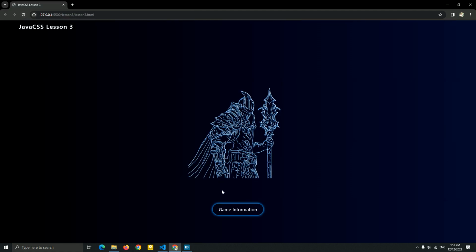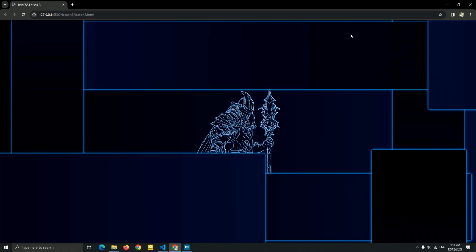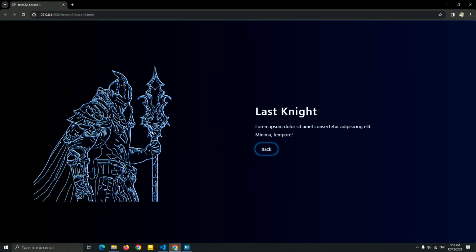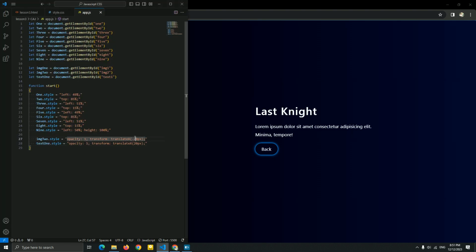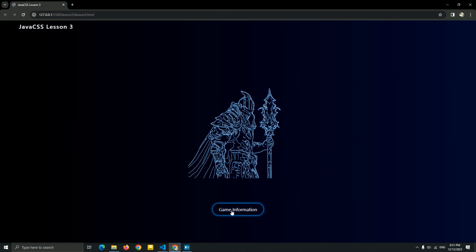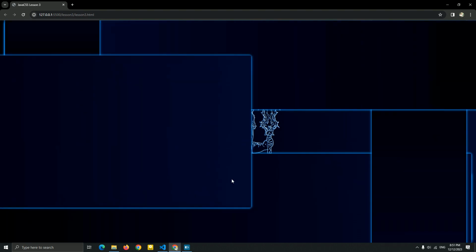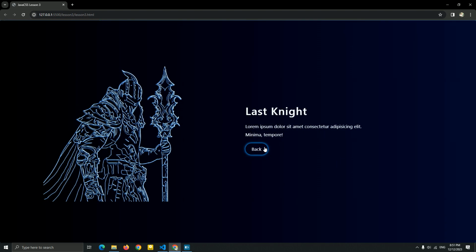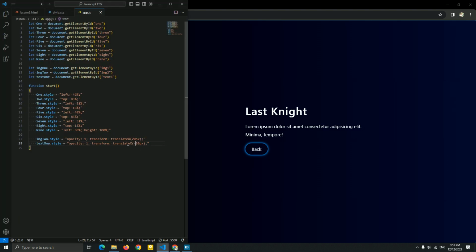It's now a better animation. Let me show you, line 2, line 3, and here we go. You can see we get a nice animation. And if you don't like this, you can use this 20 pixel and this minus 20 pixel. Let me show you again. You can see we get a nice left and right. And you can add more than translateX: you can add left and right, and top and left, instead of this. Now for this back option, let me just copy this and paste it.